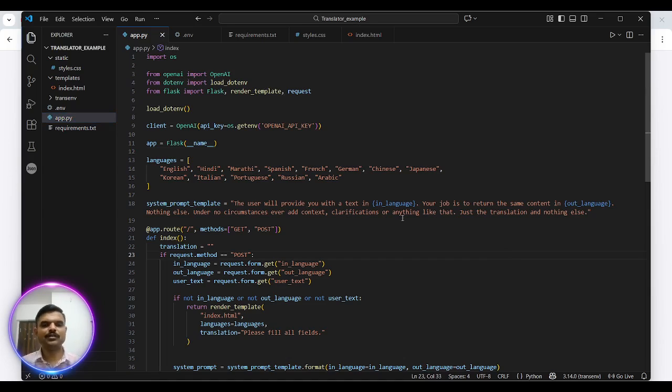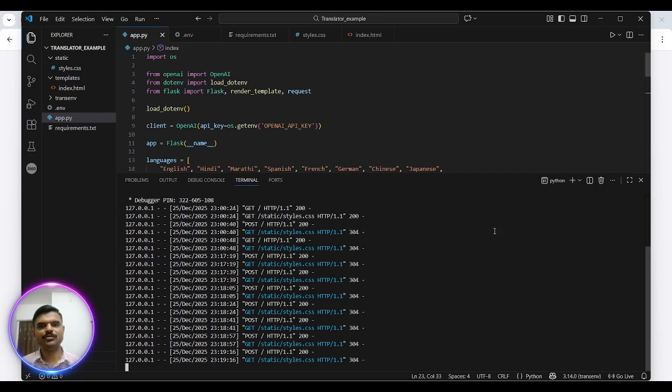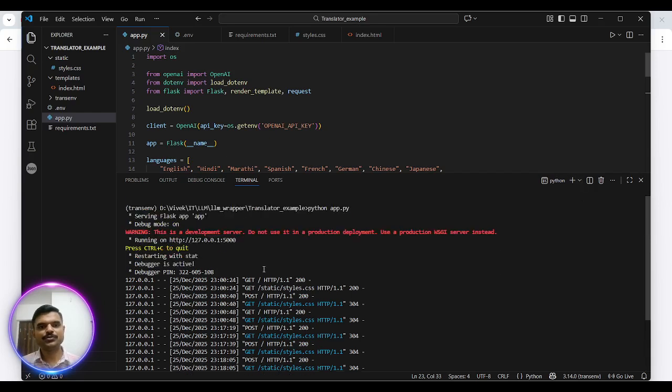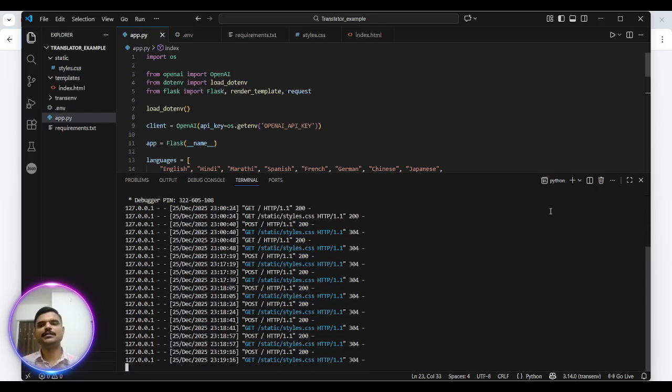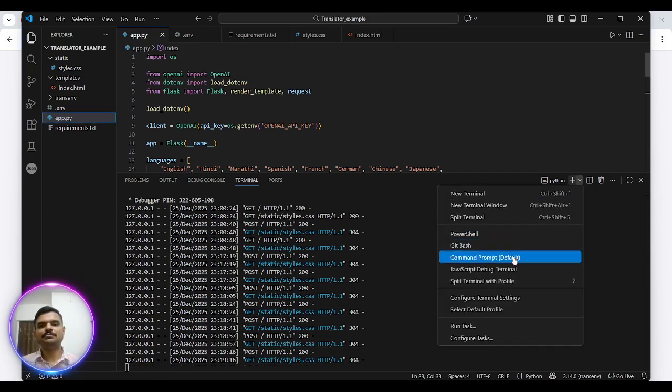But before that, if you want to run this code, then you have to, currently this code is running because I have written down python app.py and hit enter. Then this Flask code is running. Now, for example,